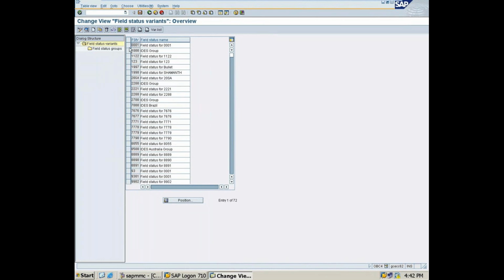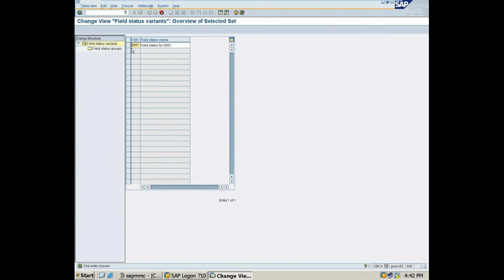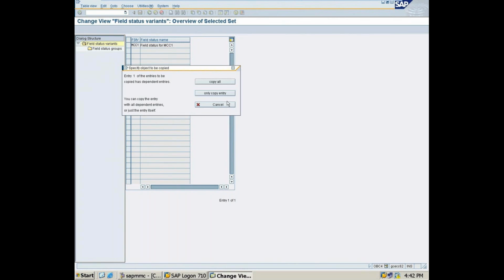So here I will copy the variant of 0001. That 0001 I will change it to MCC1. That field status for MCC1. Then save. Once you press enter, copy all.